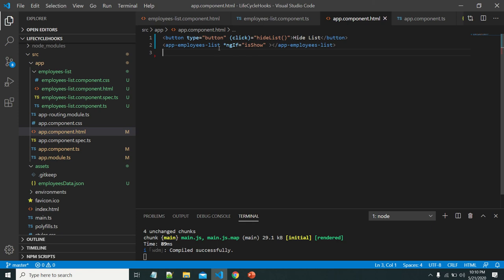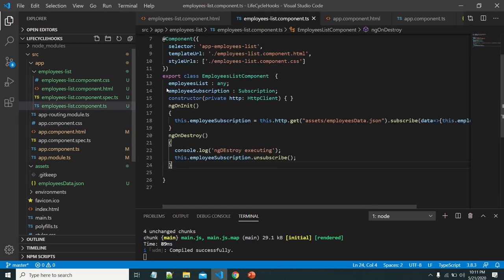If it is false, it will be removed from the DOM, so it will not display on the browser. When ngIf becomes false, this will be removed by Angular. So ngOnDestroy will be executed because we have defined that one here. Then it will display some text and unsubscribe the observables.